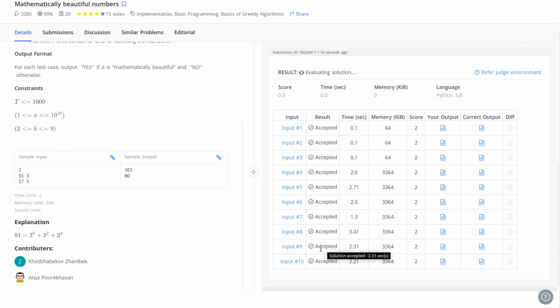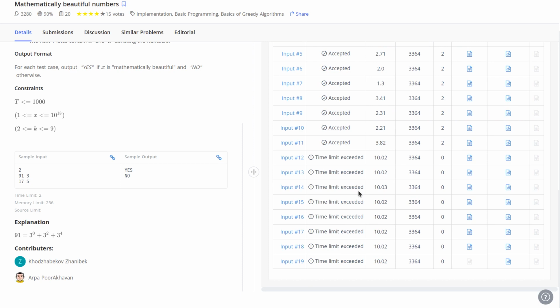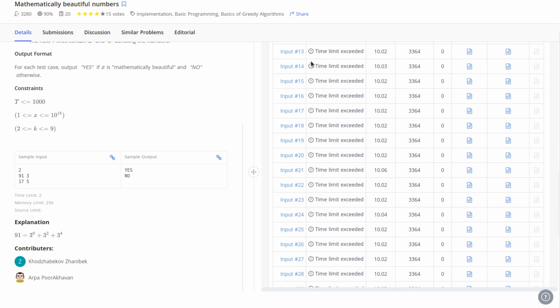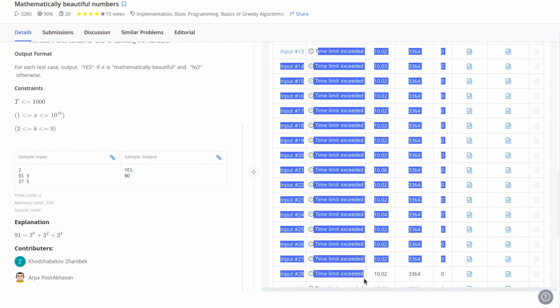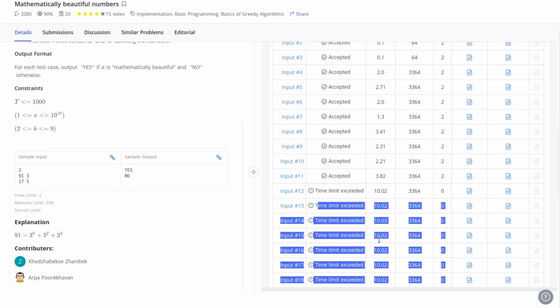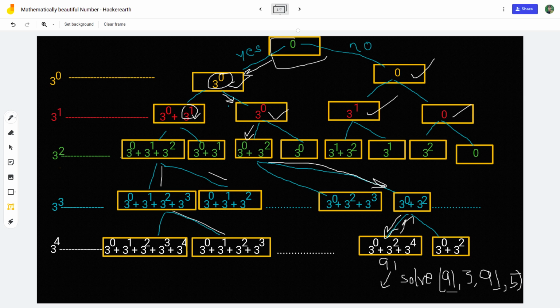So this was a very simple question. But now, as I told, this is our brute force solution, so it's not going to solve our problem. You can see now it's showing time limit exceeded. That means actually this solution is not optimal. So let's try to understand how we can solve this. This is basically a totally different approach to solve the problem.